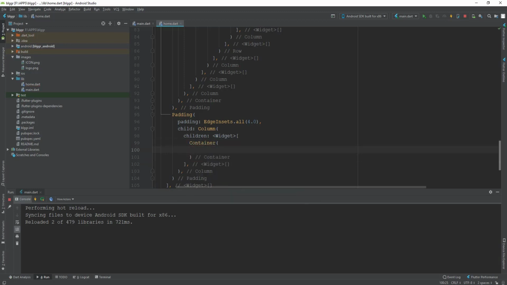In this container I'm going to add width is around 80 pixel, and height is going to be 0, and then I add child and